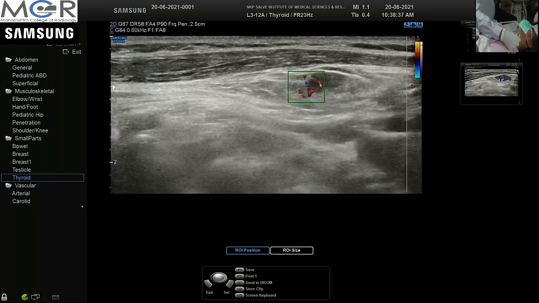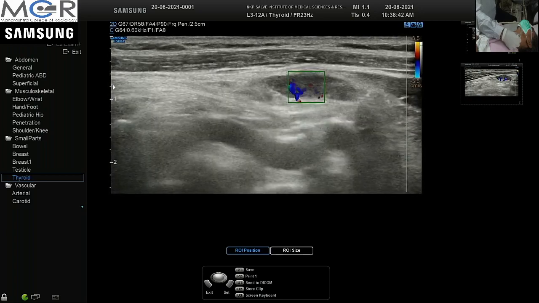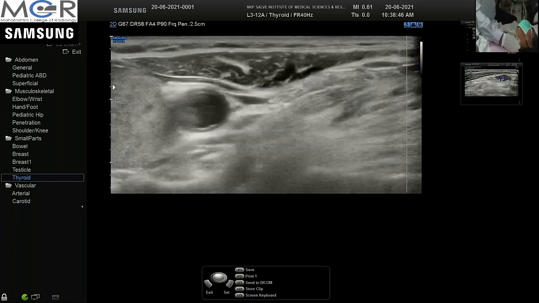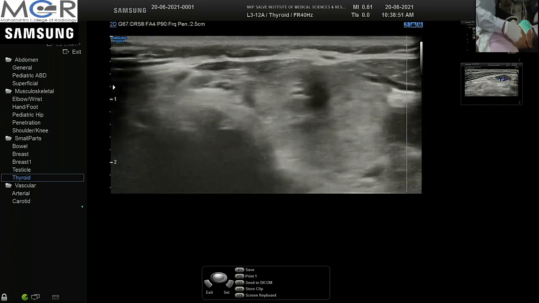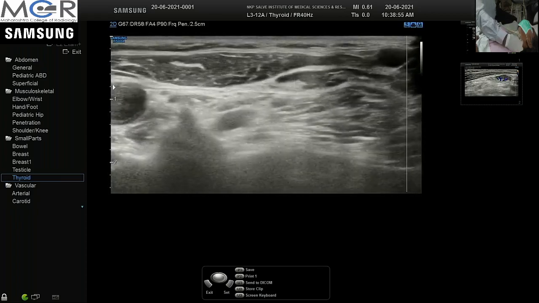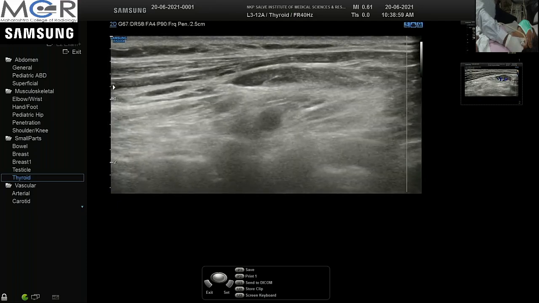So we can consider this lymph node on the basis of Doppler findings, I am telling loss of hilum and abnormal Doppler findings. We can consider this as a suspicious lymph node, and while we do FNA from here, we also do FNA from this lymph node. We'll just try to see another lymph node.